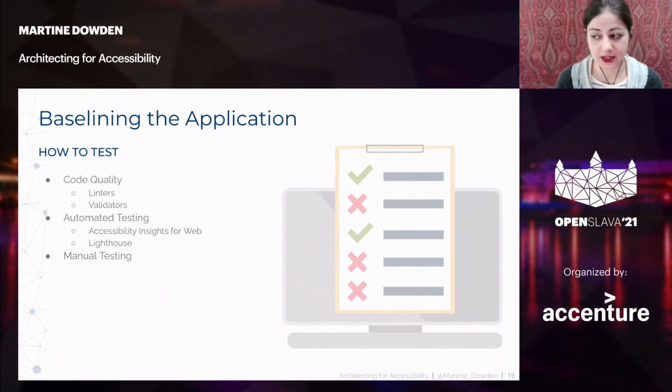The thing with automated testing is that it only tests a portion of your application. There are still some things that can only be tested manually. For example, your tab order, or whether the application makes sense when you're listening to it, right? Or all your alternate descriptions for your images in your alt tags, do those make sense? Automated testing can't catch that. It can catch whether the tag is there, but it cannot test whether the content in there makes sense. So no matter what, you will always have manual testing. Automated testing only gets you started. It is not fully done.